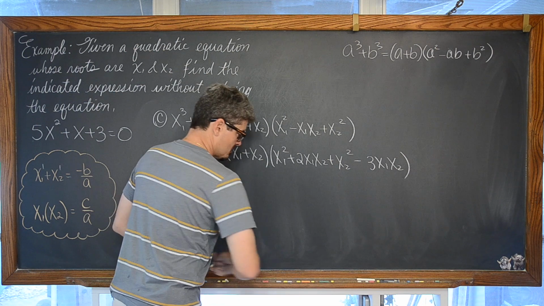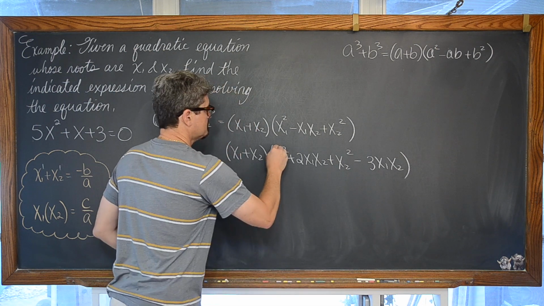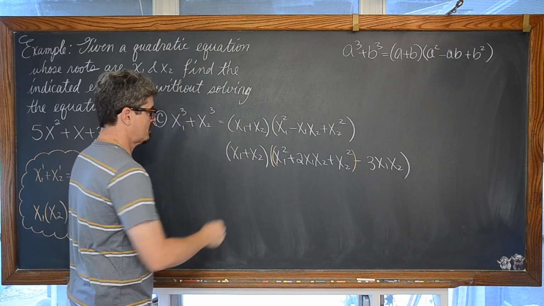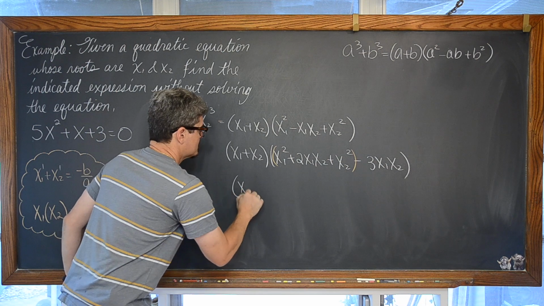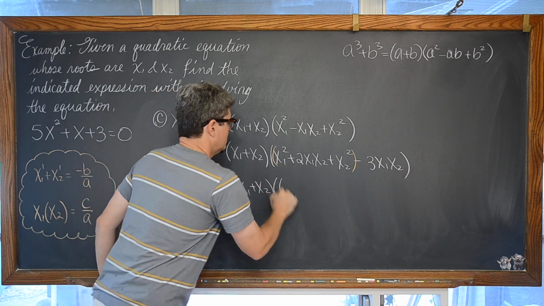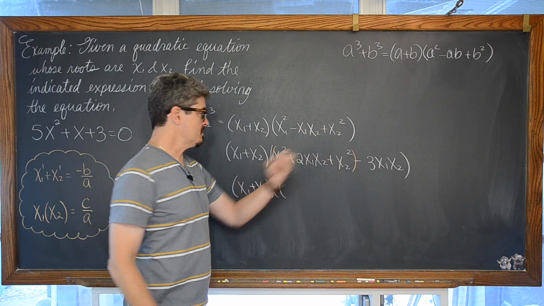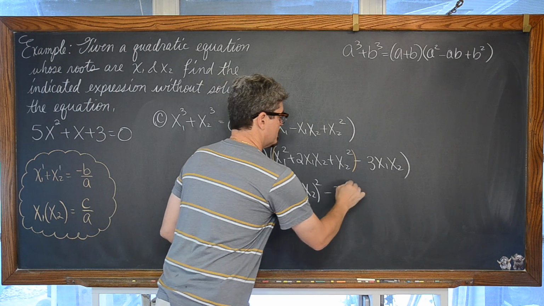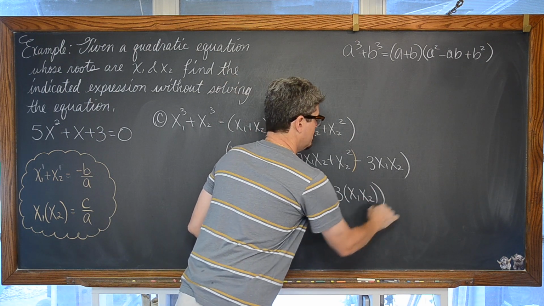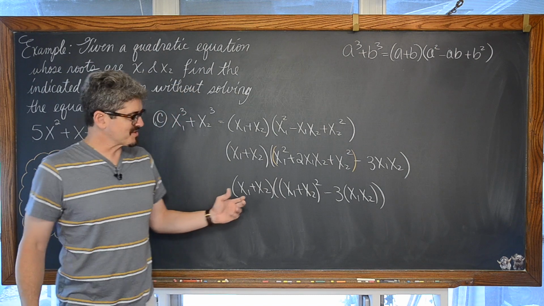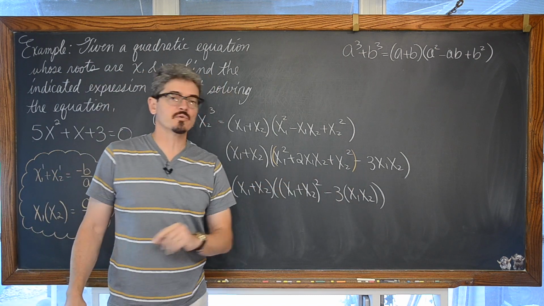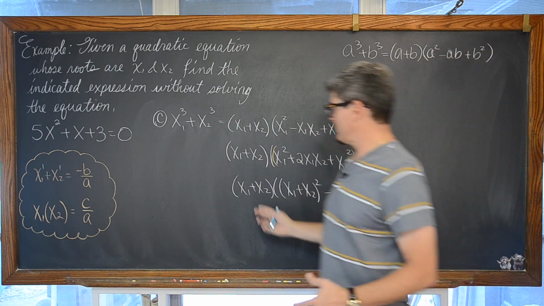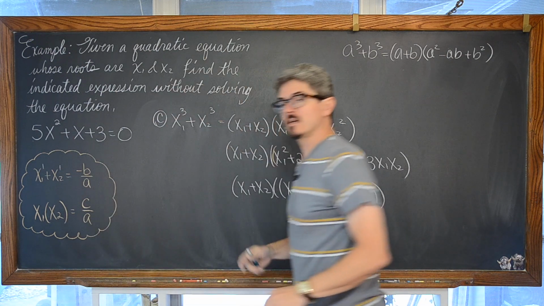So this, once again, like our previous example, is factorable, it's actually a perfect square trinomial. I want to get all fancy and use some vocab. x sub 1 plus x sub 2. Now this is being factored to be x sub 1 plus x sub 2 squared minus 3 times x sub 1 x sub 2. Good. Got all my parentheses in the right spot. Sum, product of roots. That means we can just go to our quadratic equation, pull out the appropriate coefficients, and for the sum, it's negative b over a. It's negative 1 over 5.